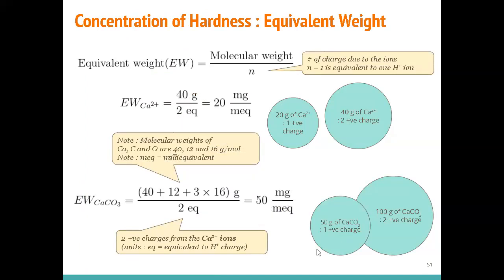Okay, so how do we quantify the hardness? We use the equivalent weight. So very simple idea is the weight per unit of charge. Okay, so for the calcium, the molecular weight of one calcium, you can check that from the table, is 40 grams. So we have talked about this in the environmental chemistry lecture. So 40 grams, and you know that it's 2 positive, right? 2 charge. So per charge, you will get 20